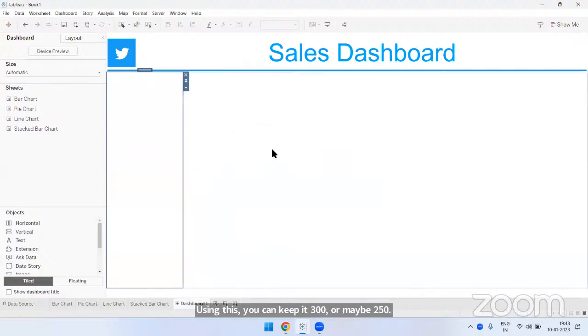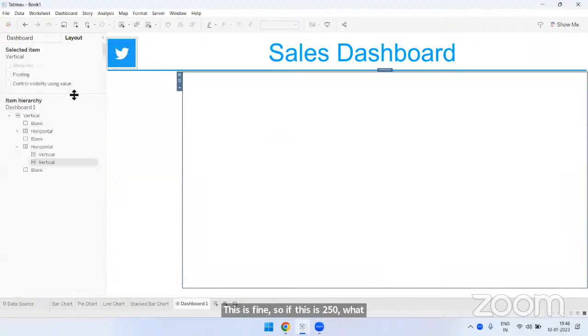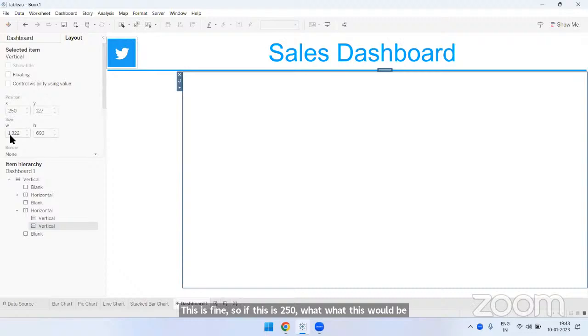This is fine. So if this is 250, what would this be? You can see how much it is. It is 1322, this much, and this is 250. That's why the total is 1572. Okay. Now in this vertical,